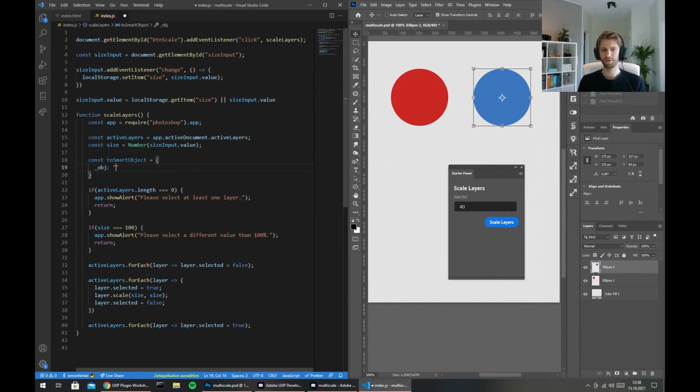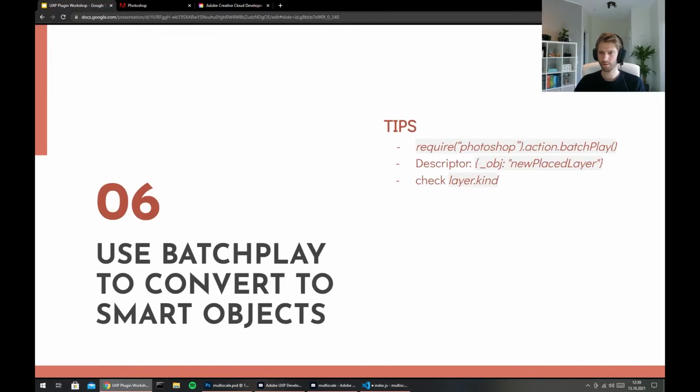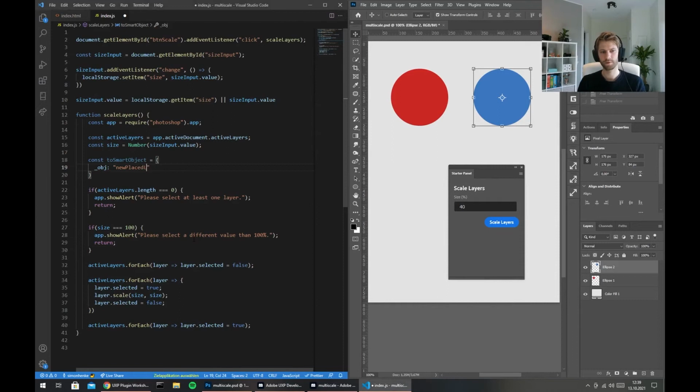And for this specific event, it's called, I think, new placed layer. What was it called? Yeah, new placed layer. And of course, you don't just have to randomly guess it or anything like that, but you could, in theory,